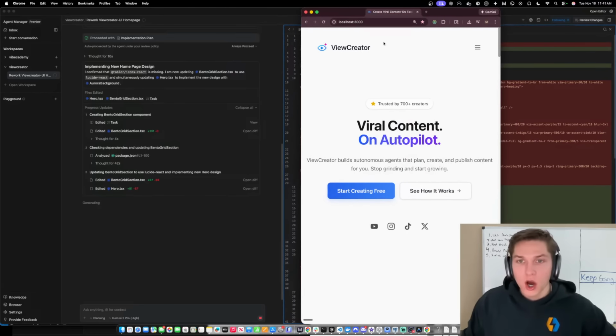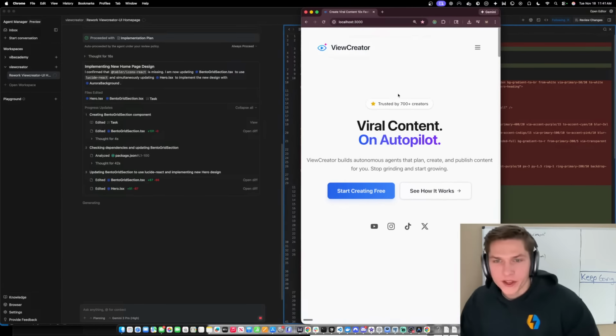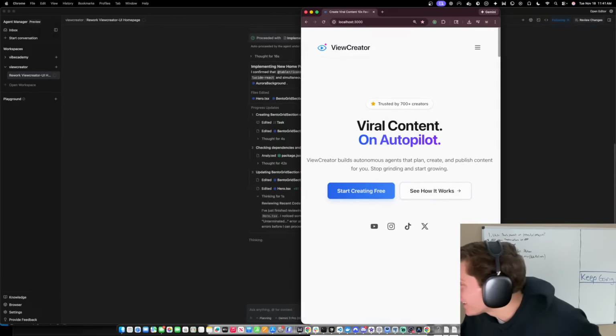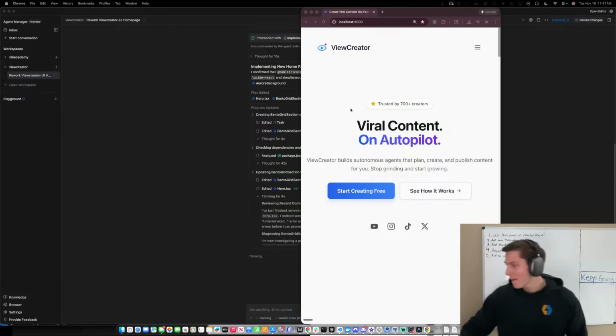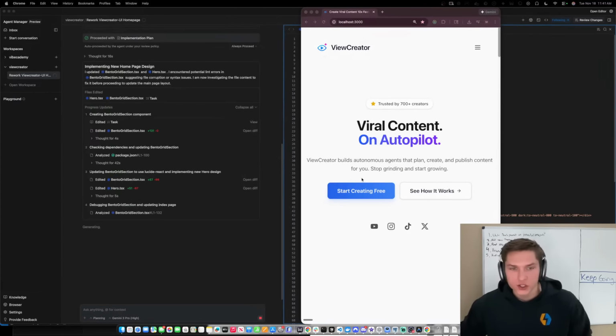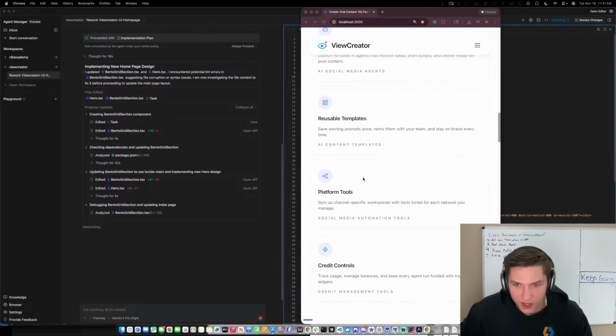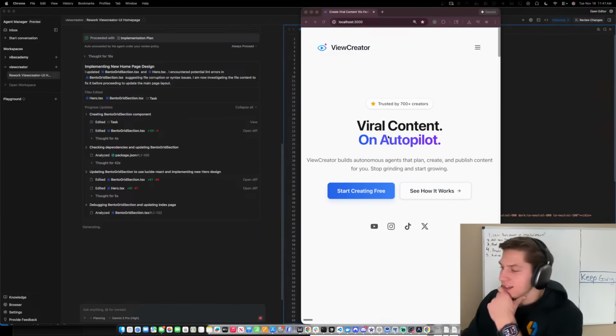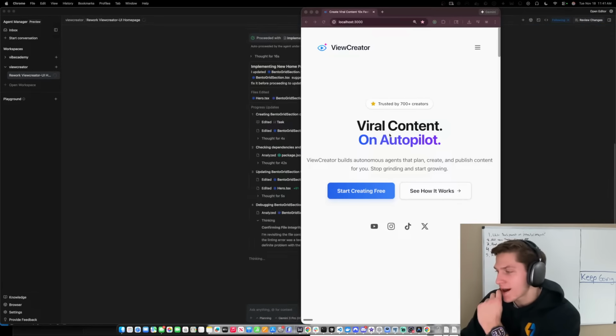So like here, you can see Gemini's starting to come in. It said viral content on autopilot. Dang, what do you guys think about that? That's kind of cool. ViewCreator, so this is all Gemini. These are the updates that are coming in. It just updated the front page. But guys, one thing I will say though is it did stick to